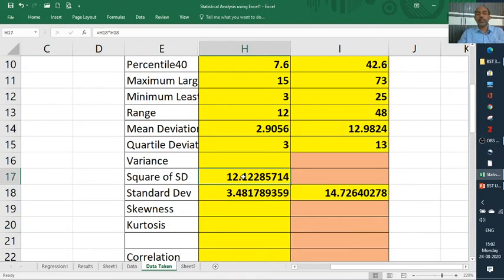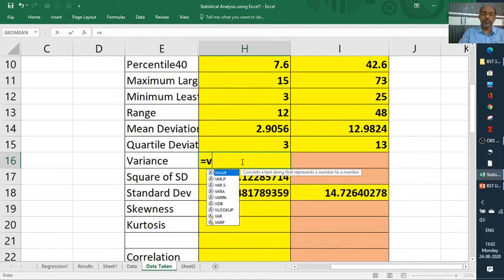Is it okay? So the variance you must get like this, 12.2. Okay, so I'll calculate the variance with the formula VAR.